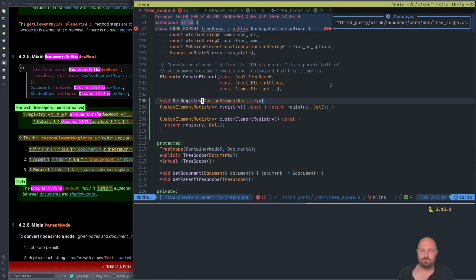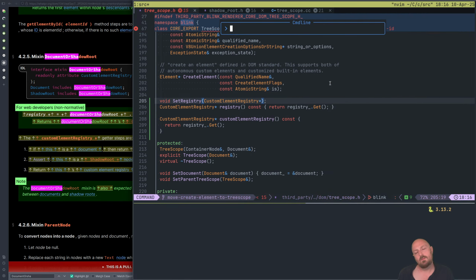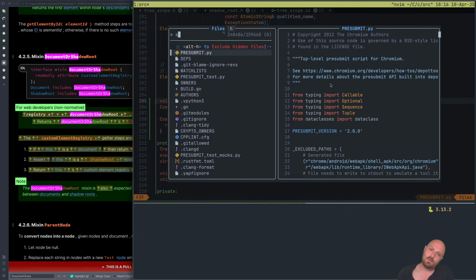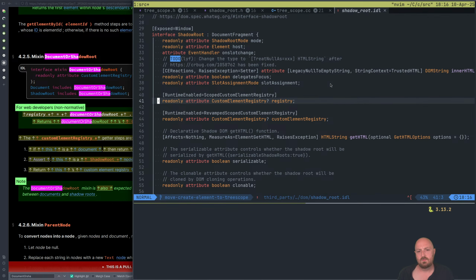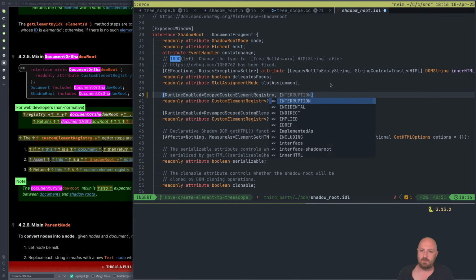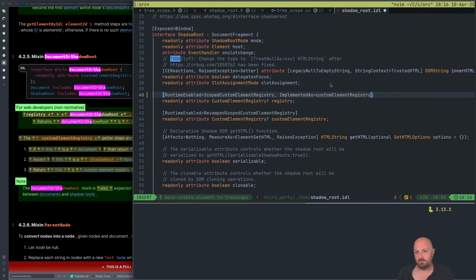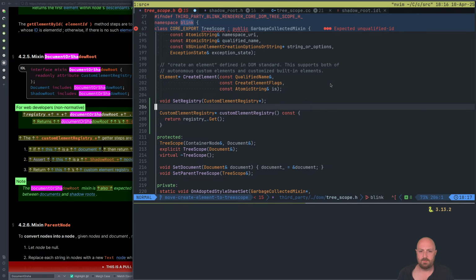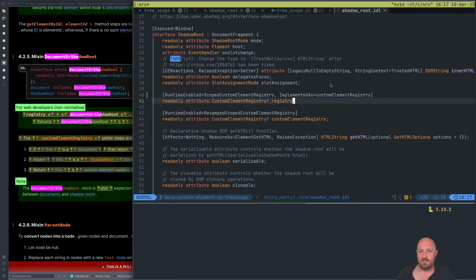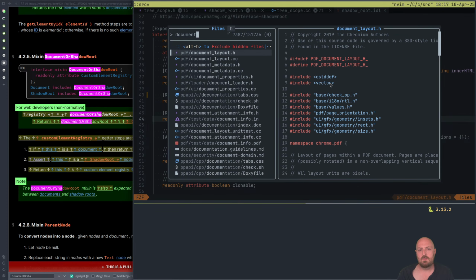And then in the shadow root IDL, we can say this is implemented as custom element registry. Which allows us to get rid of this registry, and we just have the one. And then in document IDL,